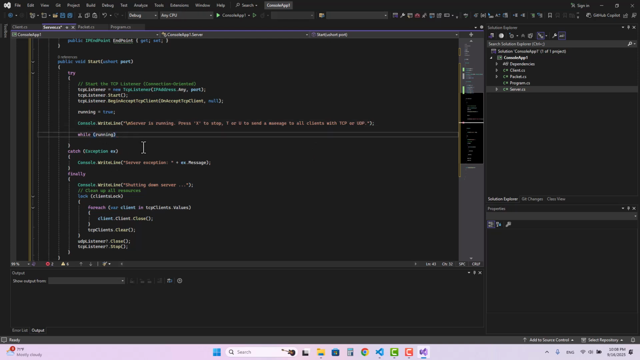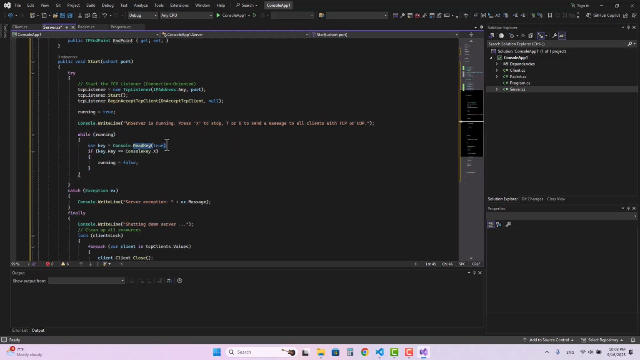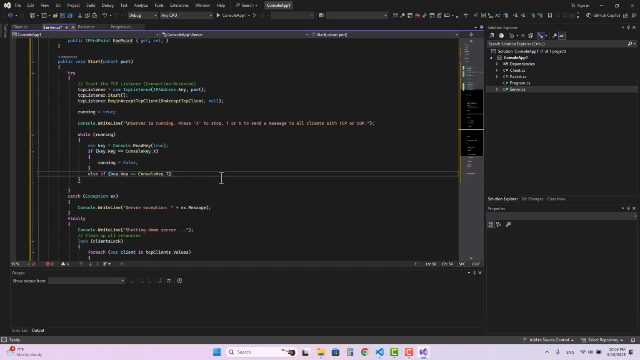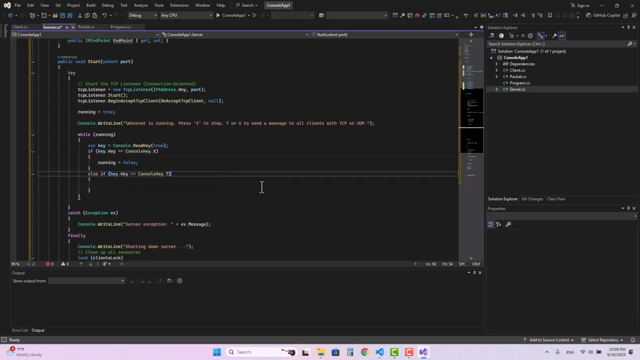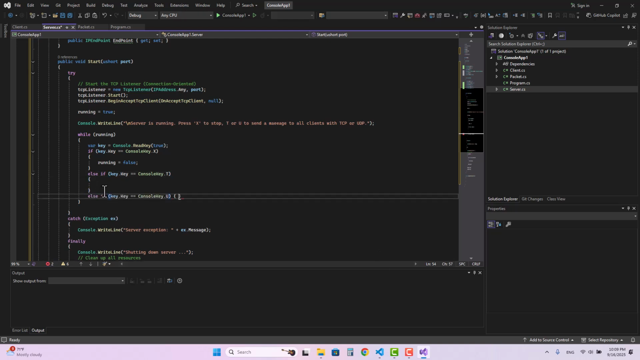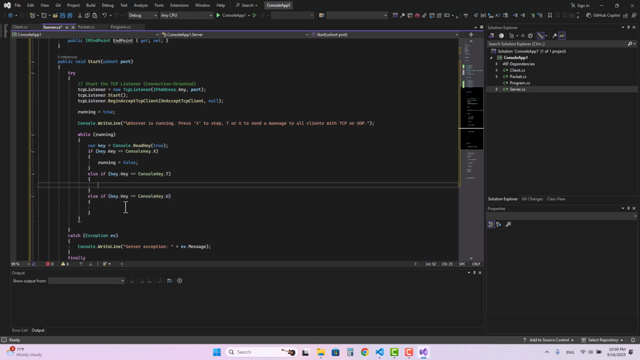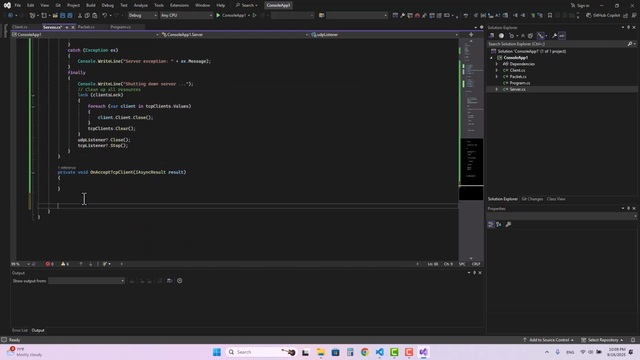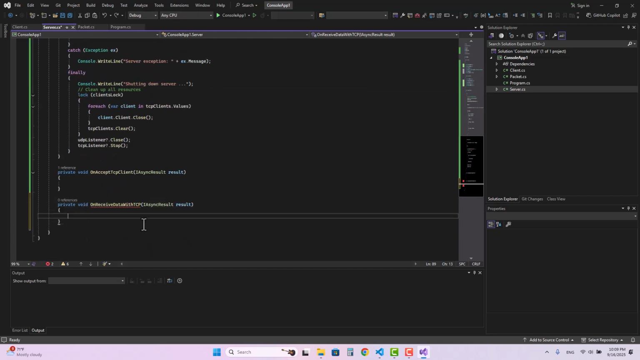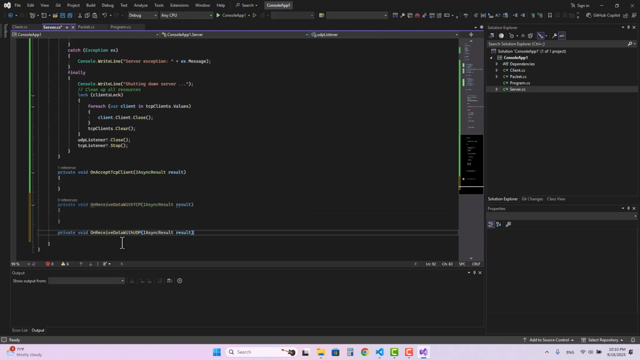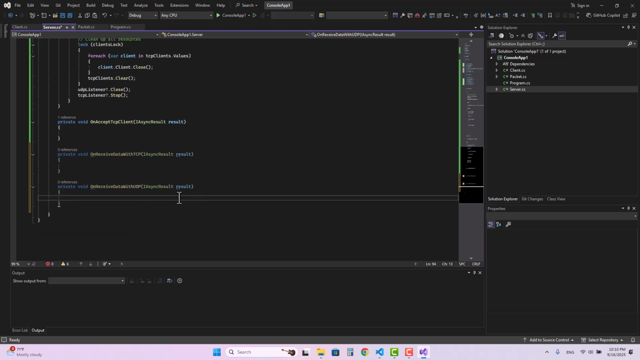And here while it is running, we are going to read key. If it is X, we set running to false. If it is T, we send the TCP message, and if it's U, we are going to send the UDP message, which we implement later. We also need to create 2 callbacks. One is going to be on received data with TCP, and the other one would be on received data with UDP. This on received data with TCP is going to be implemented for each client that is going to